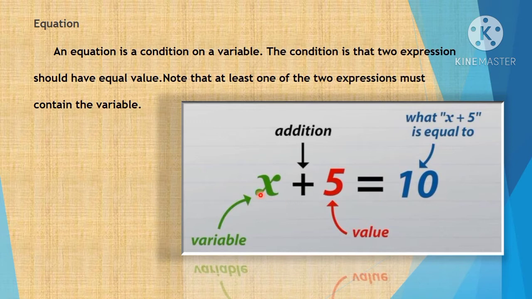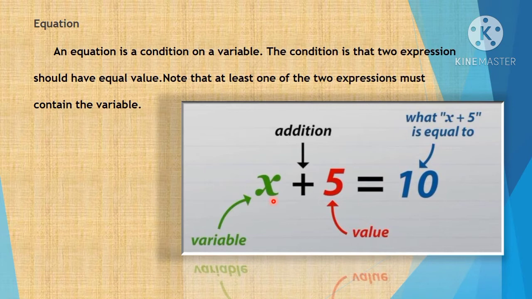In this equation, x plus 5 is equal to 10, we can find the value of x. How we will find it, we will see later. First we will have the introduction of this chapter. We will be learning new terms like constant, expression, variable, coefficient. First learn the new words and definitions, then next we will go into detail with the problem session.